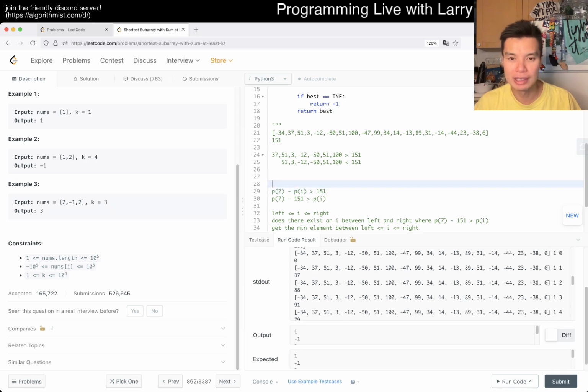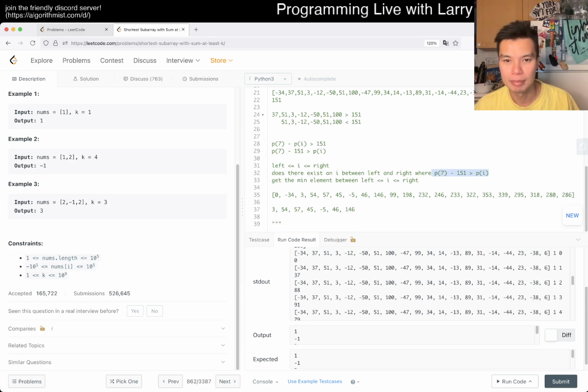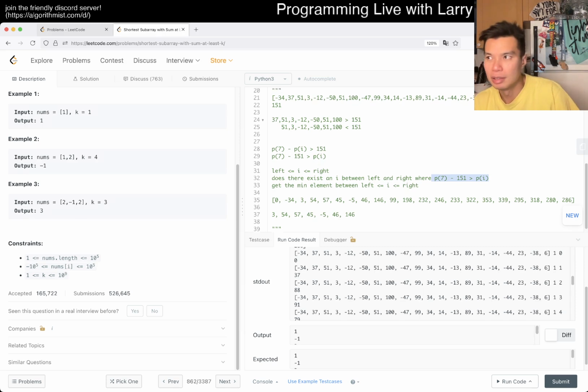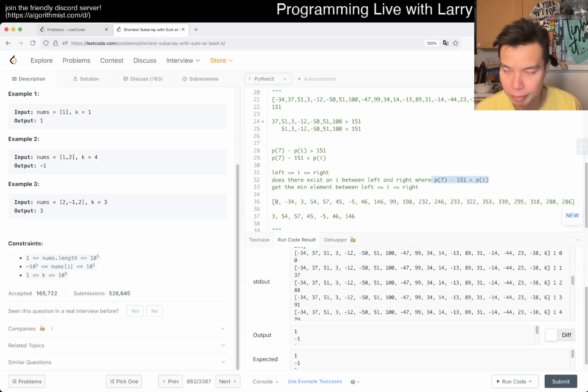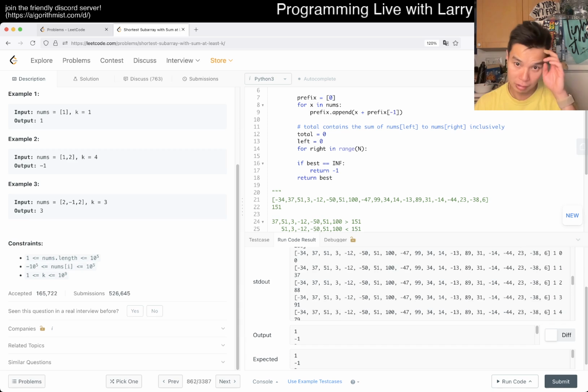So then now we want to see if there's another case where this is the case. So then we kind of just do the math. So then now we have to figure out an I such that this case is true. And if this case is true, then we just get rid of things before it, because by definition, if you remove that chunk, it gives you a negative result. So then you can, in a greedy way, remove it because it gives you a better answer, right? Okay, so then now,